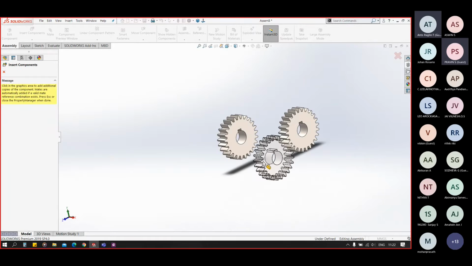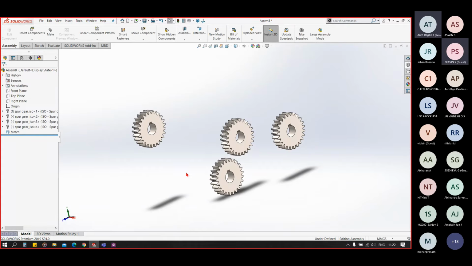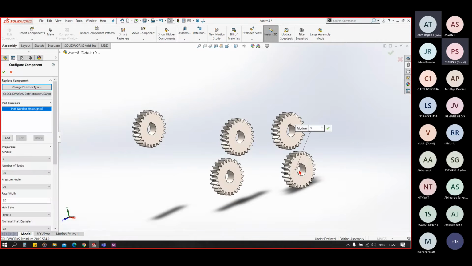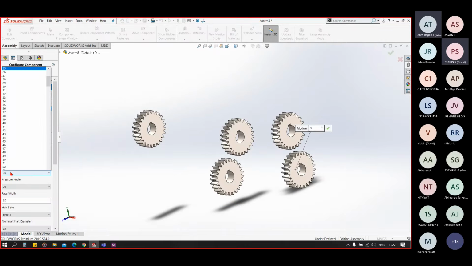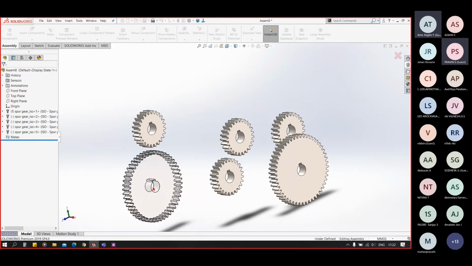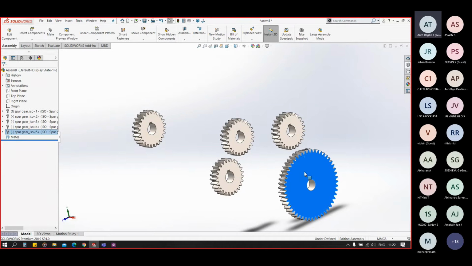And you can add again a similar one. Okay. Now when you click on the cancel here or here, it will add the number of instances you inputted. Okay. So now again you can insert another instance with more teeth, with fewer teeth, like that. Let's say we have 50 teeth now, and click OK. You can see we have inserted the gears in our assembly.